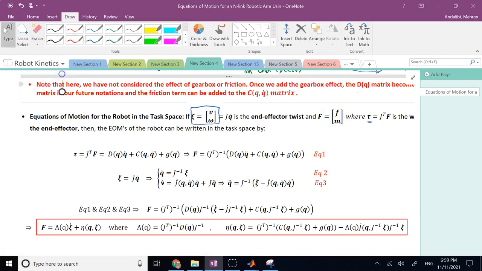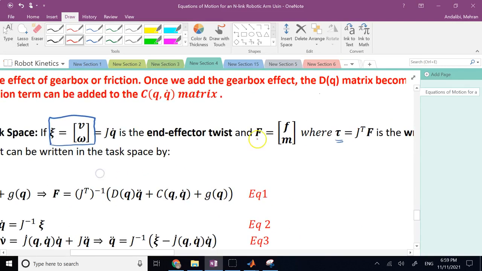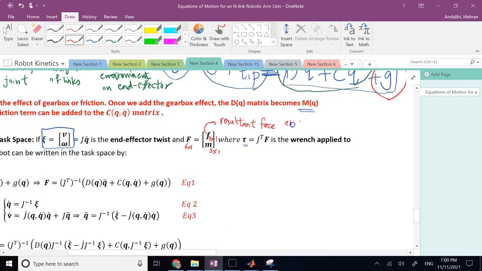This 6x1 driving vector, which is applied to your end effector, has a 3x1 component and another 3x1 component. This F is basically the resultant force on the end effector,